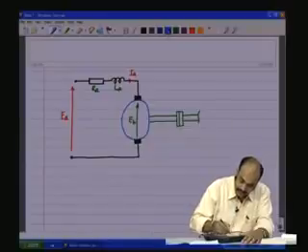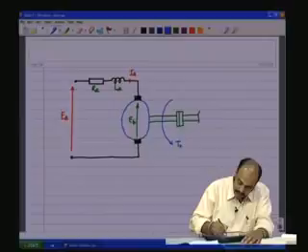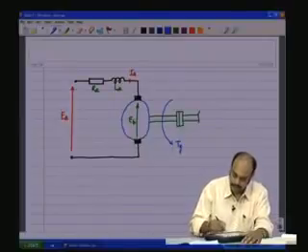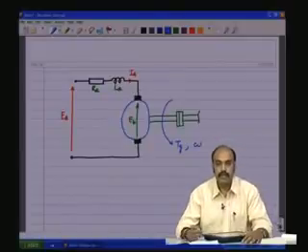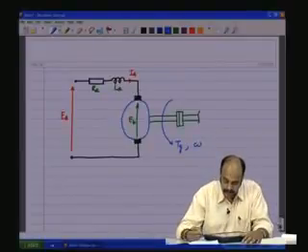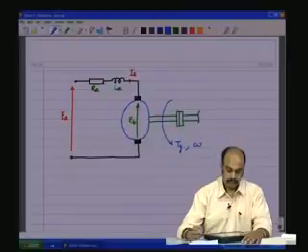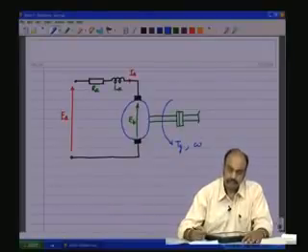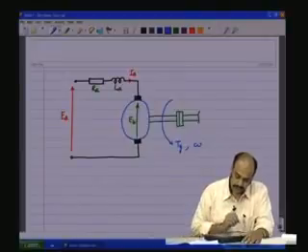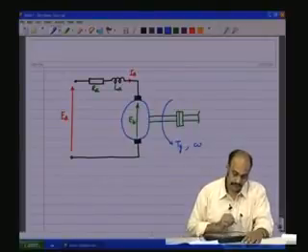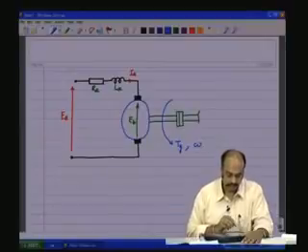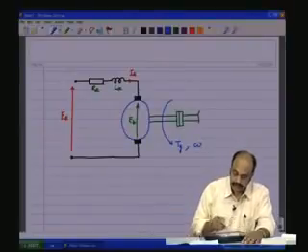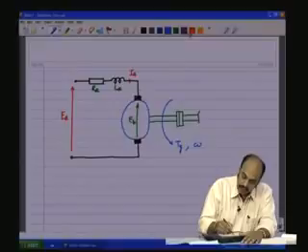and then in the mechanical domain we have a torque Tg which is getting generated, and because of the torque Tg there is a speed, angular speed of rotation omega in radians per second, or speed n in RPM, which gets generated. Now, this is on the mechanical domain. Now, this mechanical domain also contains